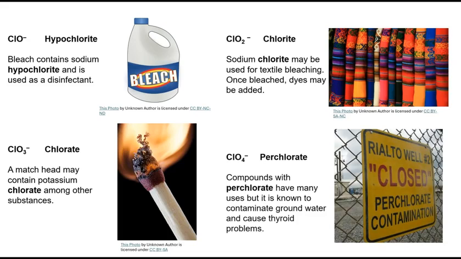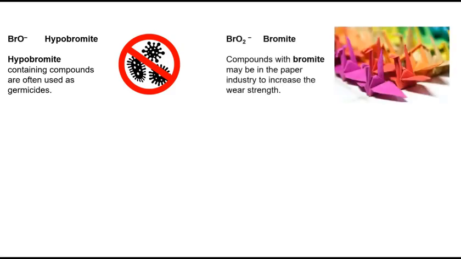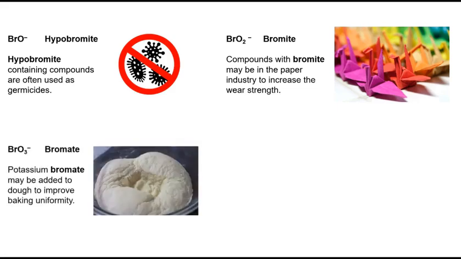ClO4- perchlorate. Compounds with perchlorate have many uses, but it is known to contaminate groundwater and cause thyroid problems. BrO- hypobromite. Hypobromite containing compounds are often used as germicides. BrO2- bromite. Compounds with bromite may be used in the paper industry to increase the wear strength. BrO3- bromate. Potassium bromate may be added to dough to improve baking